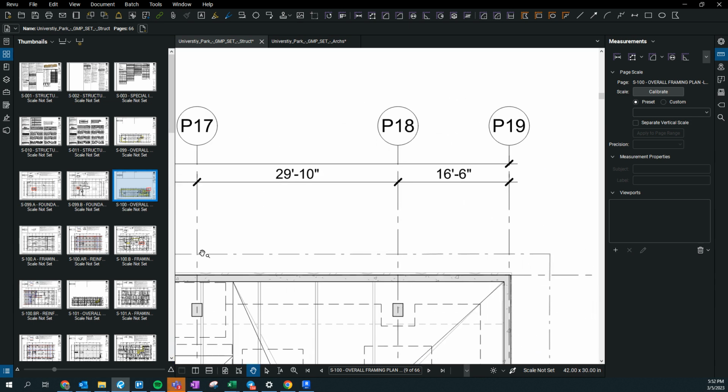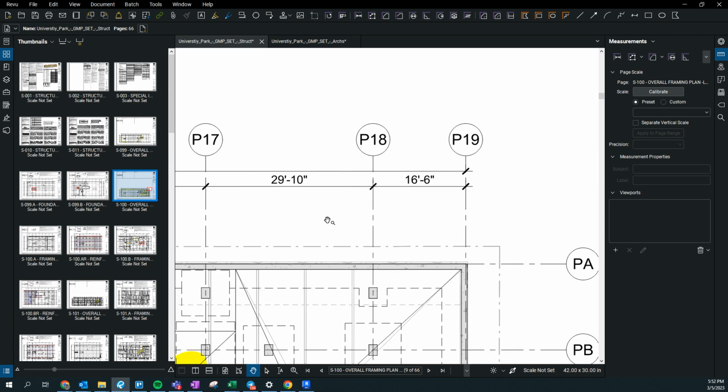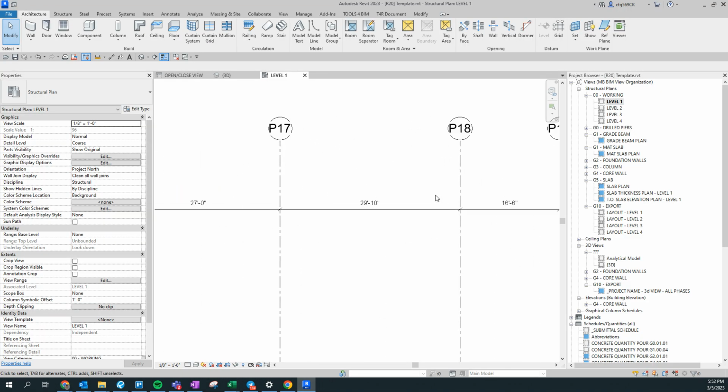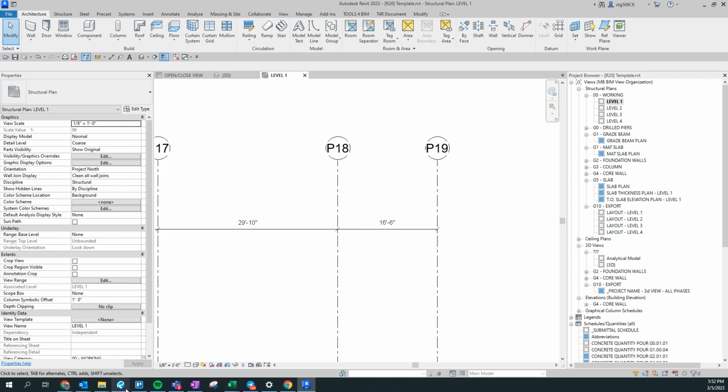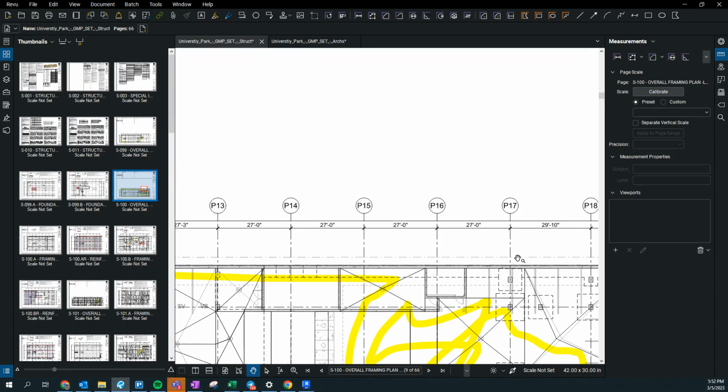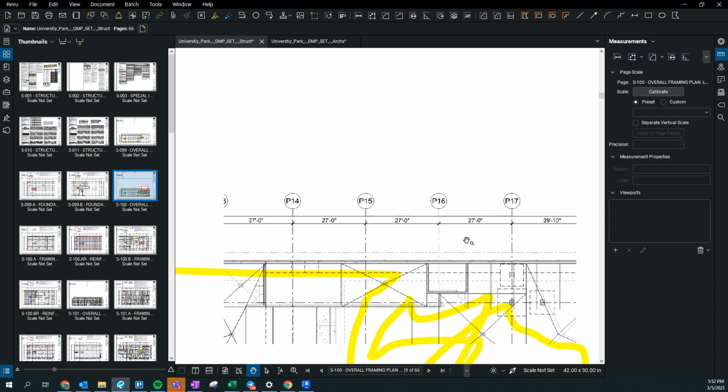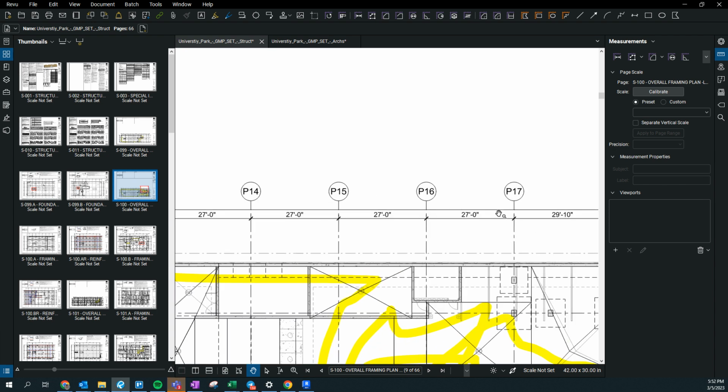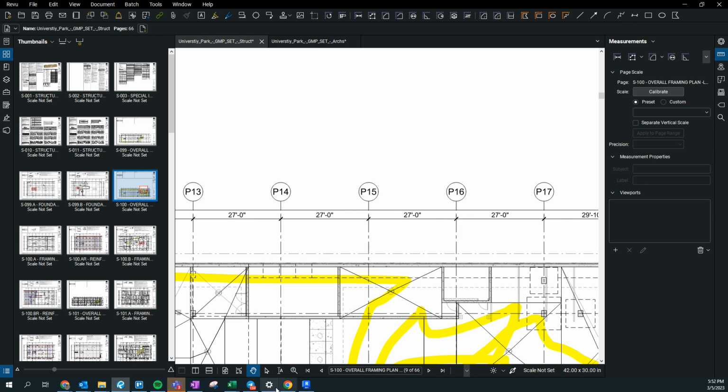Generally, I like to just kind of go back from where I finished, because essentially I'm already there. So let's just go back the other direction. So we're saying 16.6, 29.10, 16.6, 29.10, and then I've got 27 from P17 to P13,